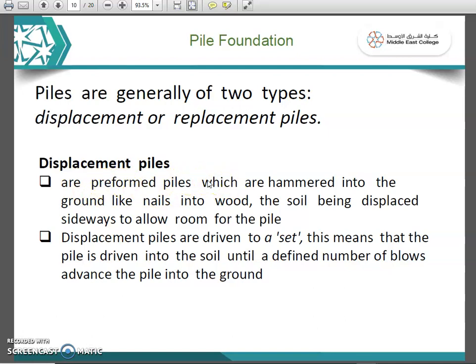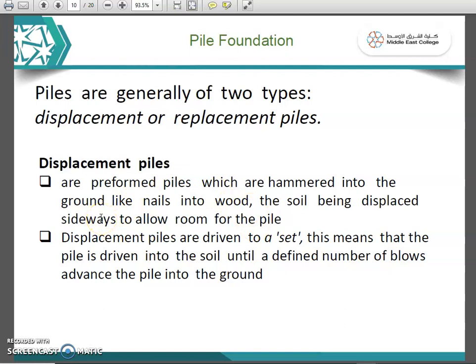We have discussed in the previous class that there is in situ construction and precast construction. I have shown you some videos also. You can understand that displacement piles are like a nail inserted into a wall. The same way, a precast pile has to be brought onto the site, and where it has to be inserted into the ground, you arrange it accordingly, and using machinery you can use a hammering procedure and insert the pile into the ground, such as nails into wood, with the soil being displaced sideways.